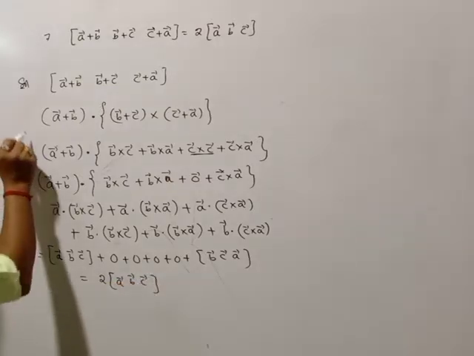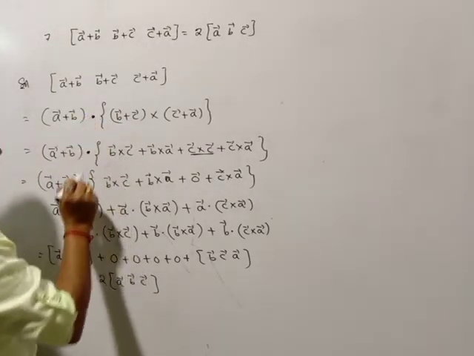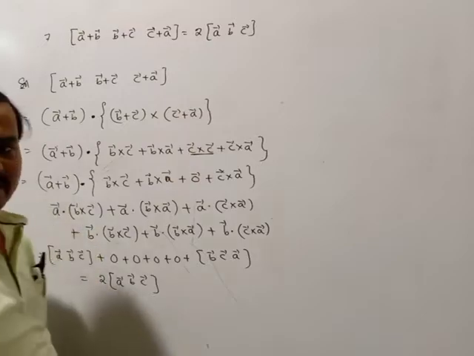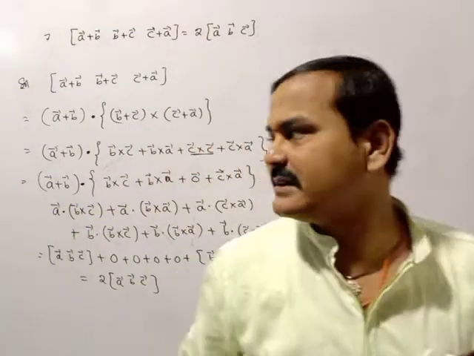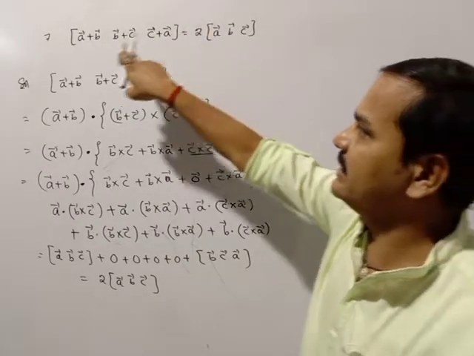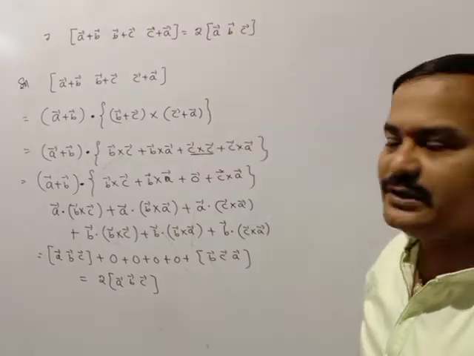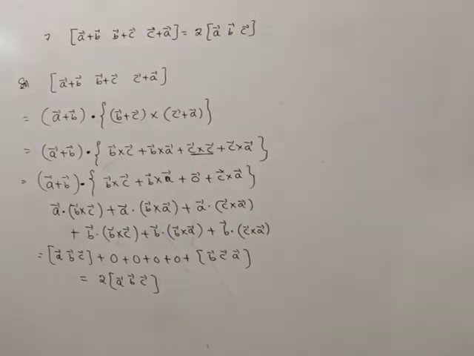Simply remember this, it is very important. But most students forget to put the dot mark here. If you leave out the dot, then it has no meaning. So if the summation is given, 2 times will be coming. So box of A bar plus B bar, B bar plus C bar, C bar plus A bar is equal to 2 into box of A bar, B bar, C bar.